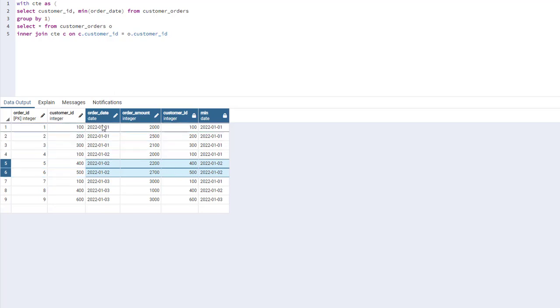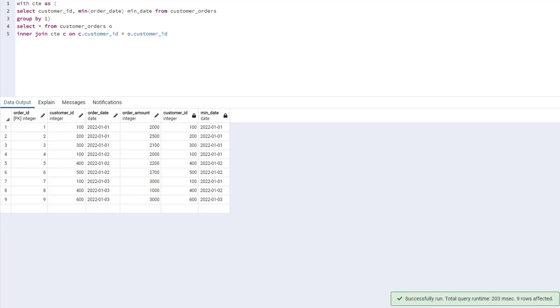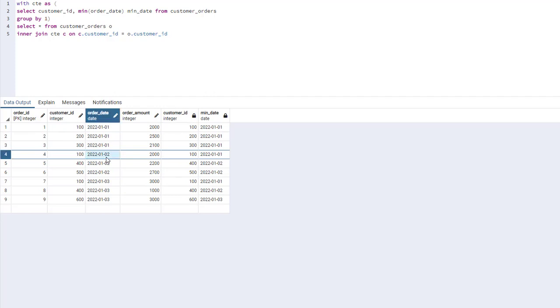So wherever the order date is equal to the minimum date, let me name this min date. So wherever order date is equal to the minimum date, meaning this is a new client. If it's different, meaning that is a repeated client. To achieve that, let me use,